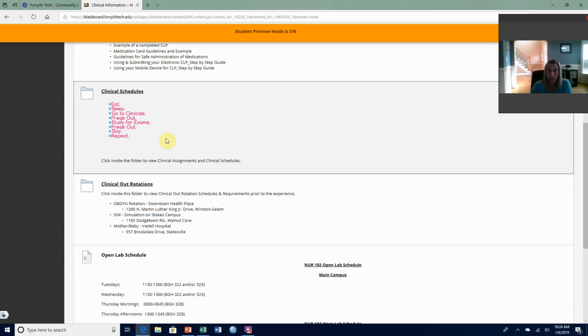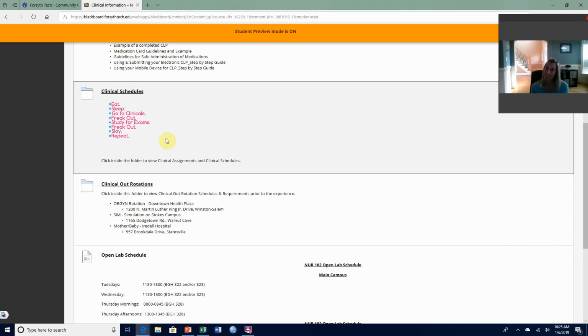Everybody's clinical schedule is unique and different. So you really do need to follow your own clinical schedule, because the hours all add up to the same amount that everybody's spending in clinical, but it's at different times. So if you're in, for example, Miss Casey's group at Iredell, then you may have to go to clinical the day before you go to your OB rotation. But if you're in somebody else's group, you may not have to go to clinical the day before your OB